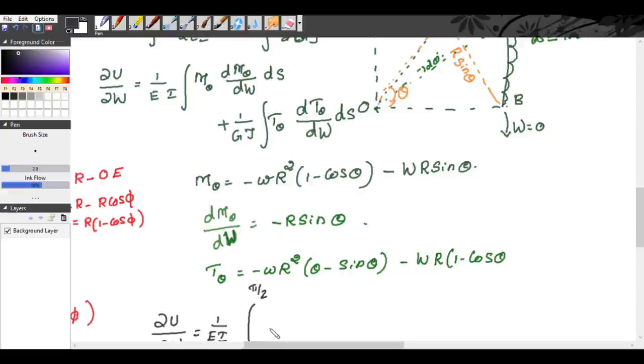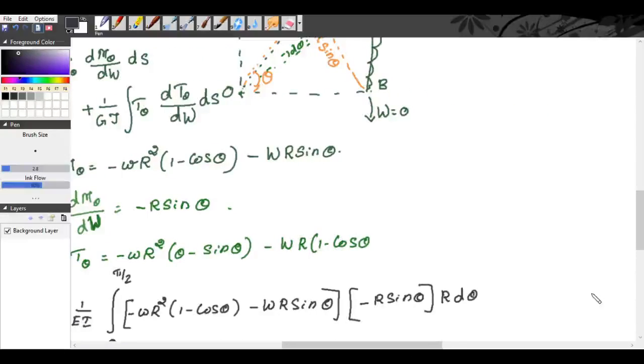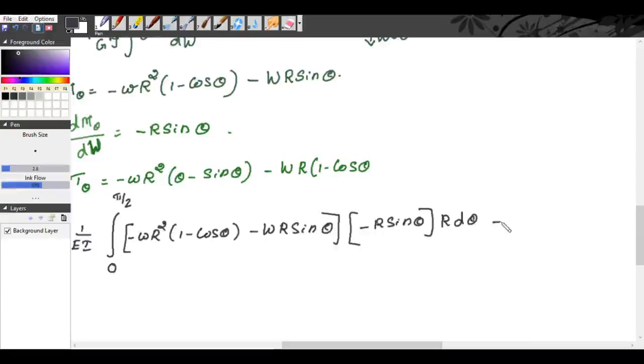M theta is minus WR square into 1 minus cos theta minus WR sin theta, multiplied by dM theta by dW, that is minus R sin theta into ds. ds is R into d theta, plus